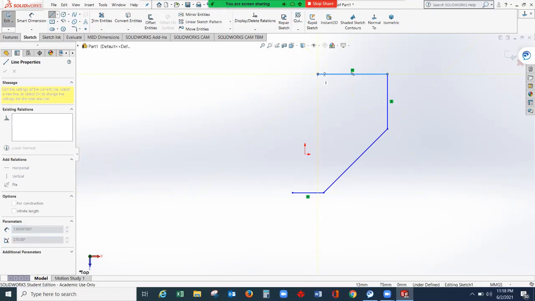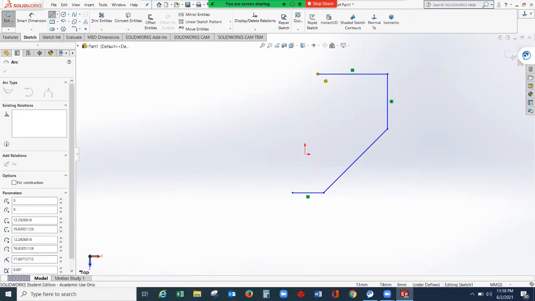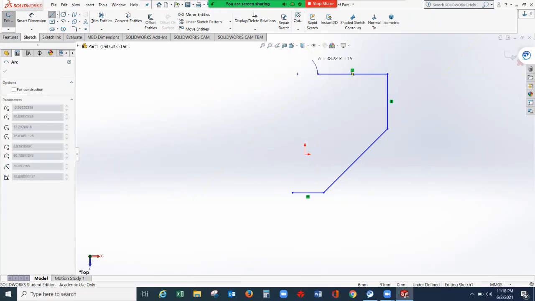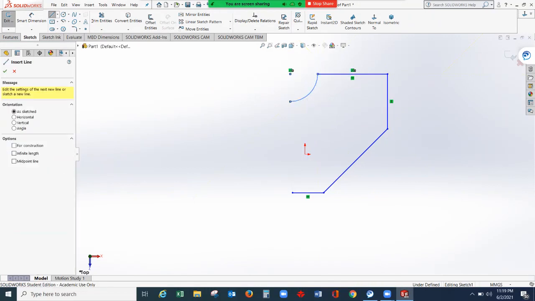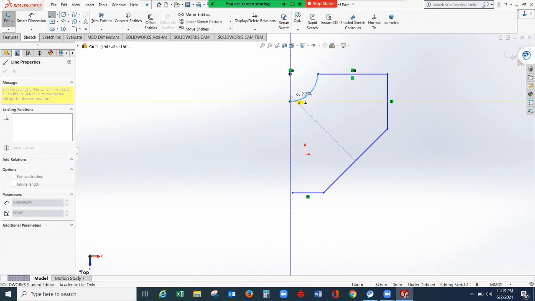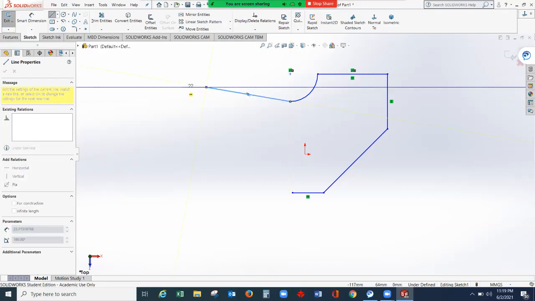If you want to draw an arc, just move your mouse away from the last point, then go back, and check the orientation of the arc. If you agree with this orientation, click on the screen. That will be your next point. Then next to it, you are allowed to draw another line, for example at this length, then one horizontal line, one inclined line.